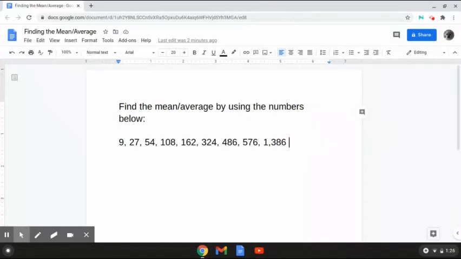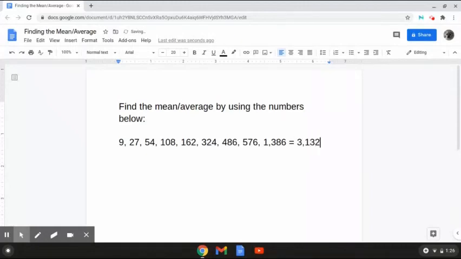First, we're going to add up all the numbers together. 9 plus 27 plus 54 plus 108 plus 162 plus 324 plus 486 plus 576 plus 1,386. When we add all of these numbers up, we get